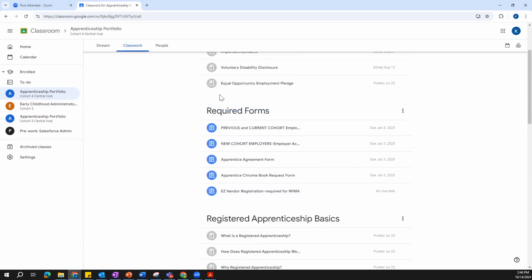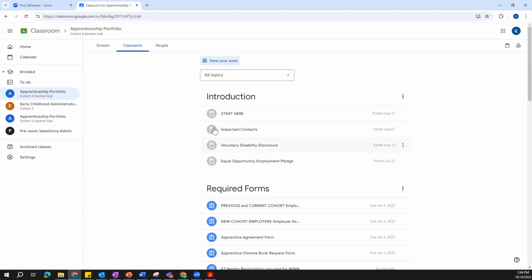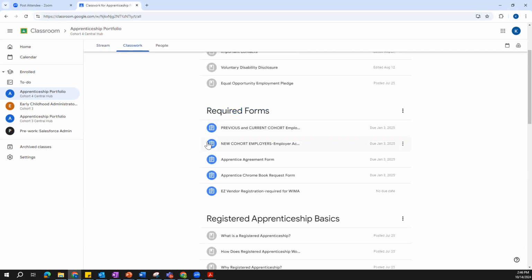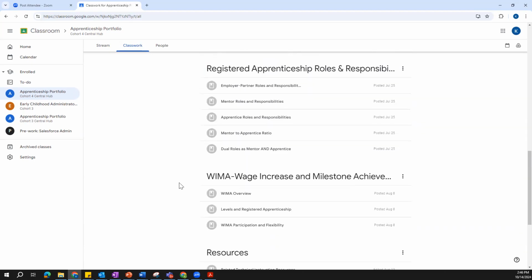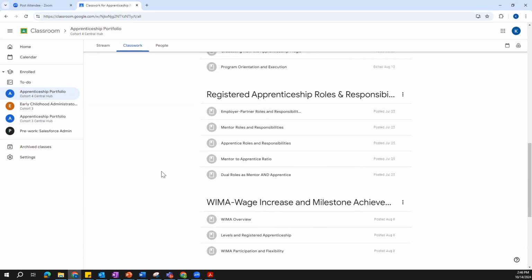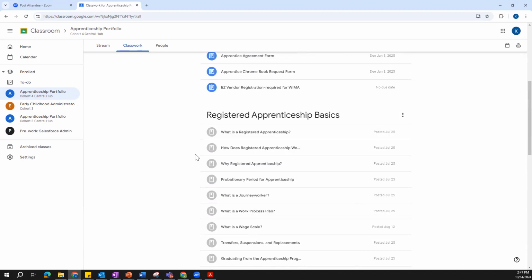It's going to also help you fill out your required forms. You'll notice reference materials are gray, but required forms, they are blue and they have a due date on them, with the exception of our easy vendor registration. It's an online form that is completed in a separate portal. There's no due date on that, but in order to participate in WEMA, you do have to have one of those vendor registrations. I highly, highly recommend before you complete your forms, you look at these reference materials, especially your